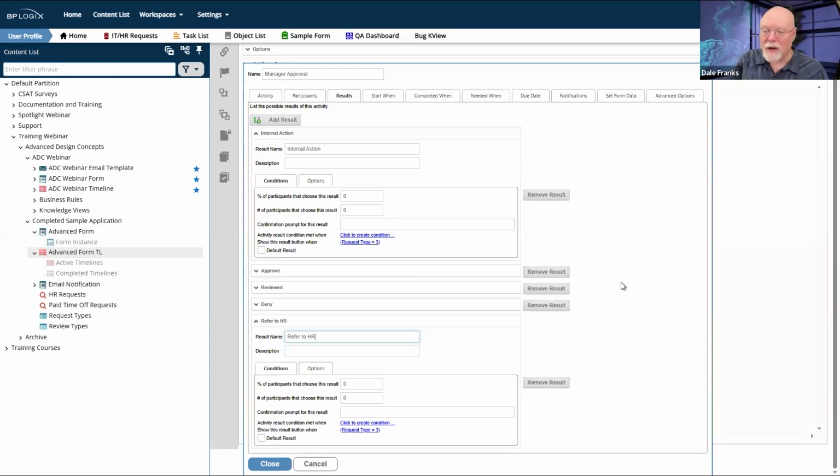And I can determine what results get shown for each of these activities based on the context in which they run. So based on the activity type, I'm going to see different approval buttons at the bottom of my form based on who I am, where I sit in the chain, and what the request type is.